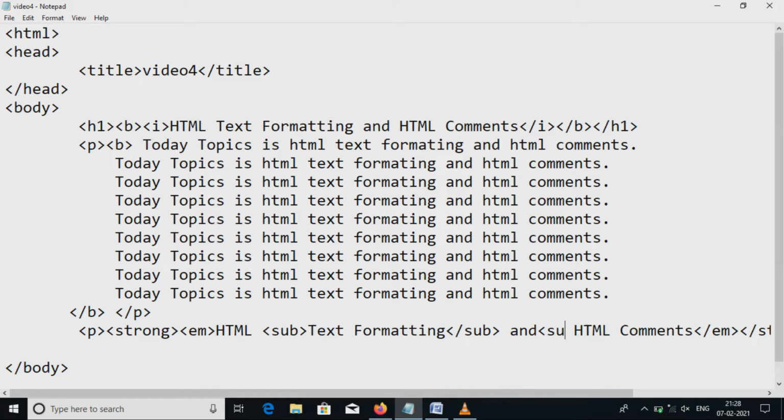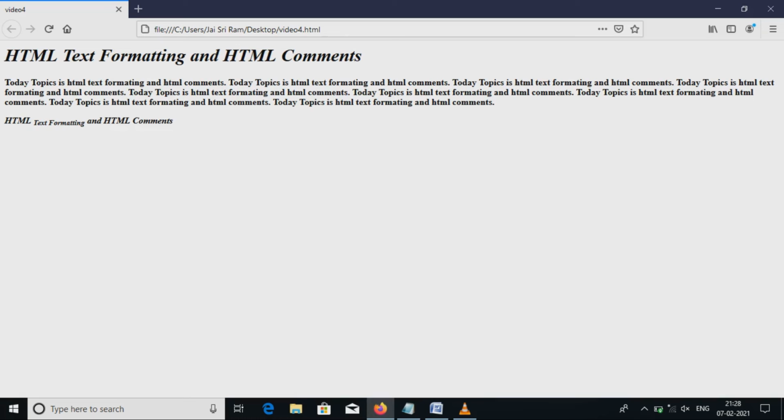Sup. Here HTML should be shown. Mainly subscript is used in HTML so that the text appears half a character below the line of text, and the other way, superscript appears above the normal line of text.